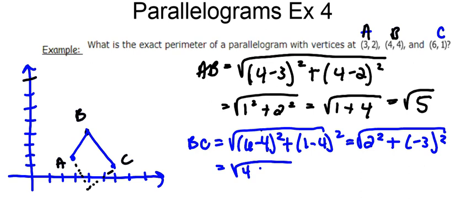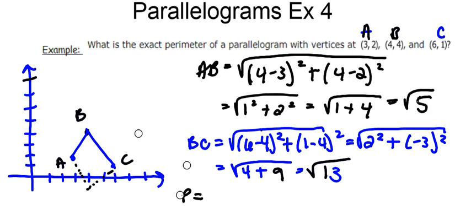2 squared is 4. Plus, when you square negative 3, it becomes positive, because a negative times a negative is a positive. So that's 9, and when you add those together, you get the square root of 13. To find perimeter, you have to add up all of your sides. So your perimeter of this thing,